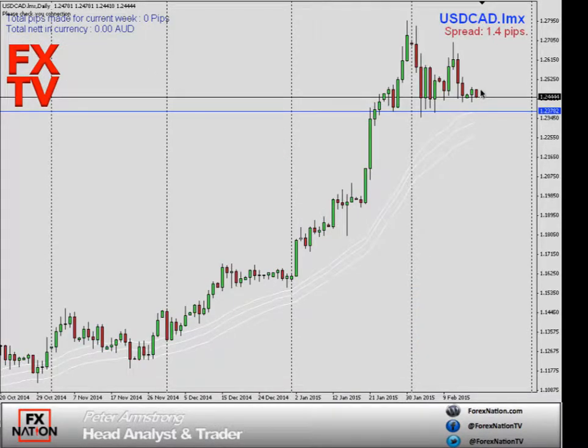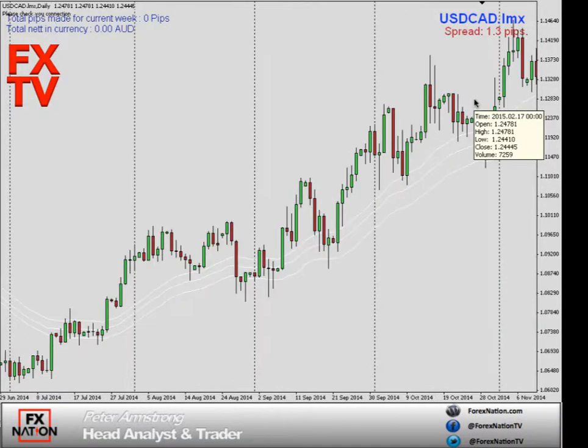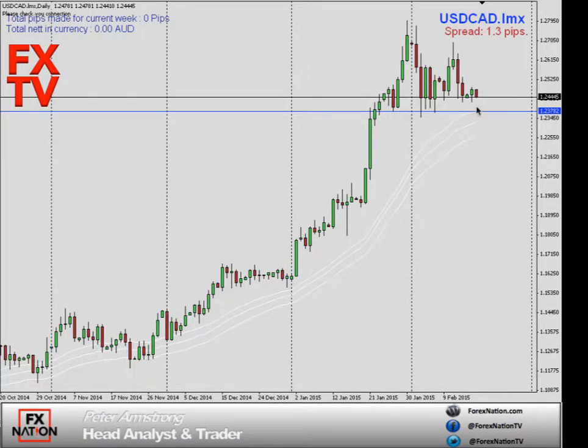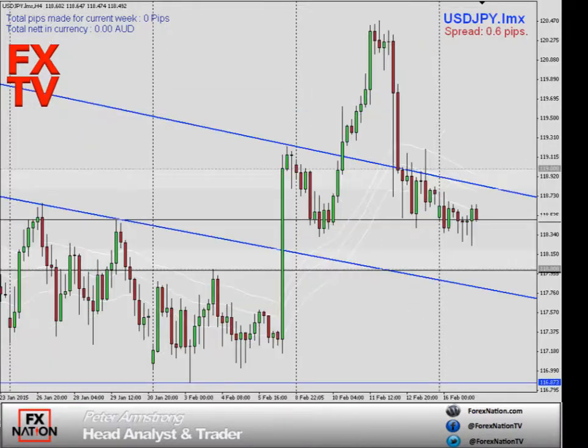The US CAD, the oil has been supported again, and with the US dollar not showing signs of a bounce just quite yet, as yesterday was a pretty subdued market, well, we have a little bit of weak US CAD. However, it's still really a nothing formation and we're still in the consolidation here. We need to see a big breakout or a sharp move in either direction before we get excited. So the US dollar and oil prices is really governing what's happening here. We don't have any data coming out tonight based on the Canadian economy.